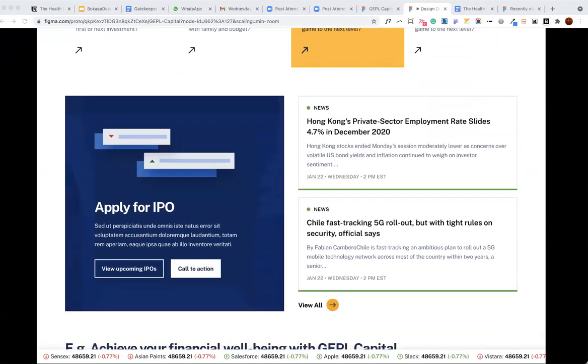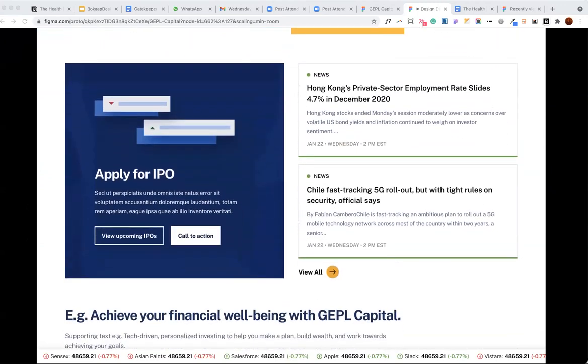As you scroll down, this is the look for your news section. And of course, you wanted a highlight for IPO. So any highlight you want, you can change the content, but this would be the highlight. The graphic can change. Whatever you see here, like the two arrows, these are all placeholder. But if it works, it works. If you want us to change it, we can change it.